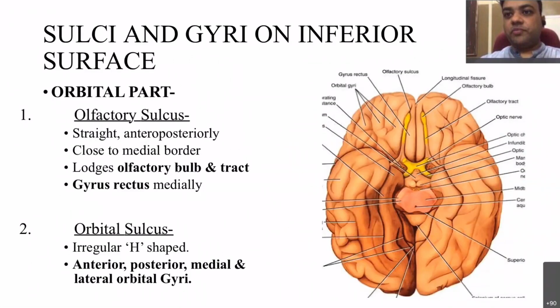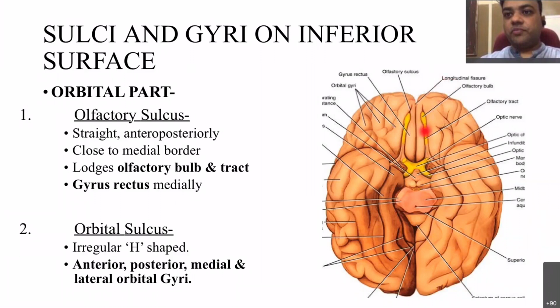Now the inferior surface. The inferior surface is divided into an anterior part, which is the orbital part, and the tentorial part. So the orbital part we can see here, on the medial aspect. This division visible in the middle between the two cerebral hemispheres is known as the median longitudinal fissure. Okay, so the two cerebral hemispheres are totally separate from each other except for the corpus callosum, by this longitudinal fissure.